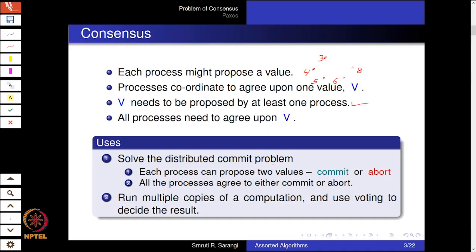All right. So the example that we gave is essentially a commit-abort problem, where commit means that my ticket is booked, and abort means that my ticket is not booked. So all of us have to agree on one value. And there can be many other examples of consensus. That can also be where I'm doing distributed computation, and I need to ensure that all the processes get the same values, and also others.